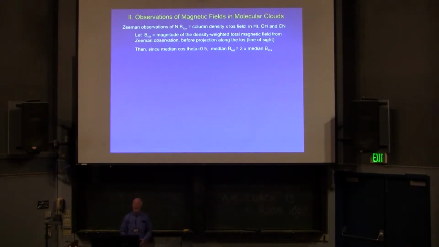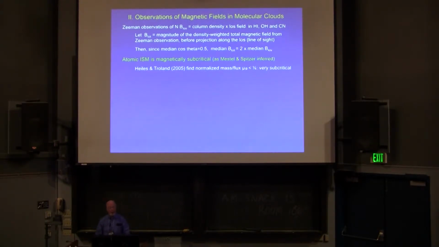But of course, typically, the field is not going to be so conveniently oriented to be aimed right at the observer. The field is going to be at some random angle. And so because half the sky is at an inclination of greater than 60 degrees, the median angle is 60 degrees. And so if you take the sine of that, you wind up getting that the component along the field is half of the total. So you find that, in other words, the median value of the total magnetic field will be twice the median value of the line of sight field.